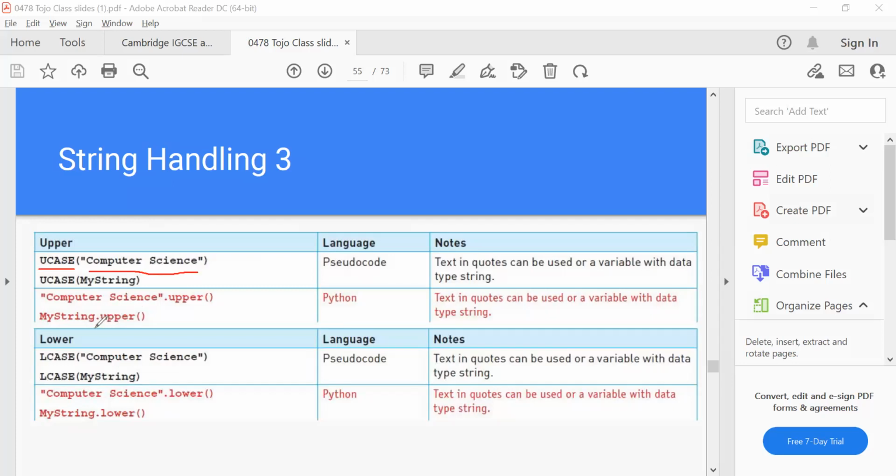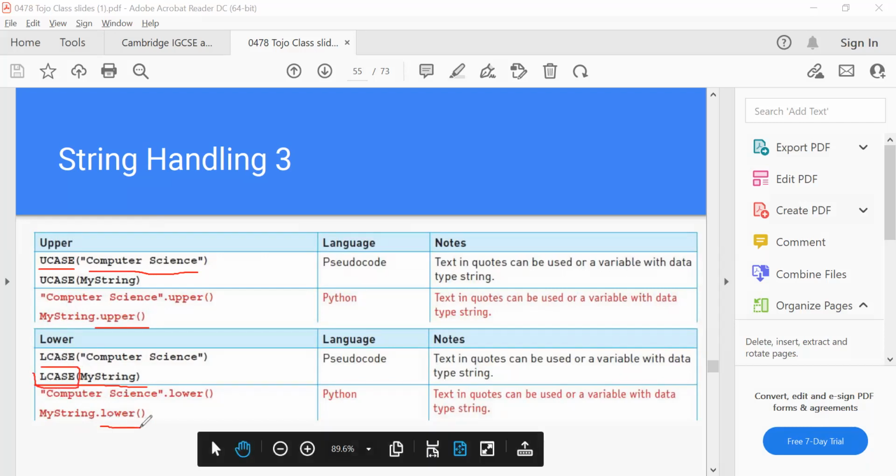And if you use dot upper this way, you can do the same in Python. Have you seen that before? Yes, to make it uppercase. And we are able to make it lowercase in pseudocode the same way with the lowercase function, and use lower to do the same in Python. Is that clear? Yes.